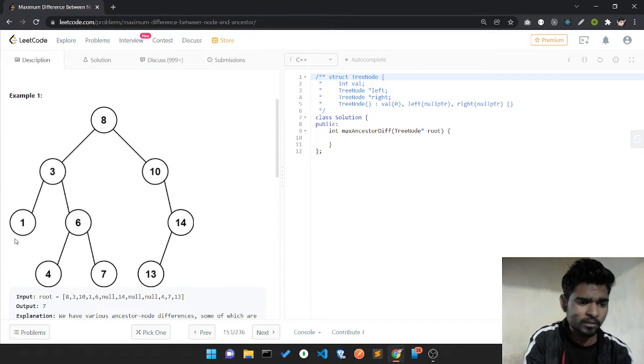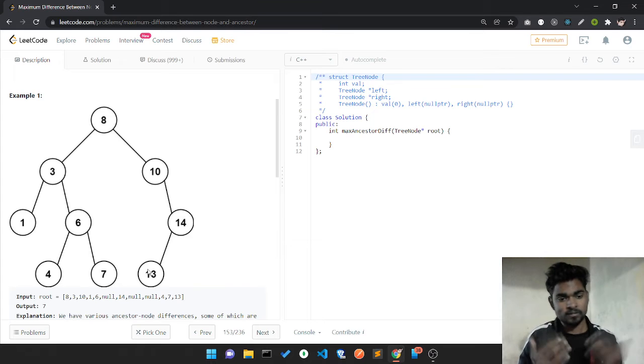And we can't pick 1 and 6 because 1 is not an ancestor of 6. So I guess you can understand. One more invalid case: we can't pick 6 and 13 because 6 is not an ancestor of 13, or 13 is not an ancestor of 6. So that's my approach.